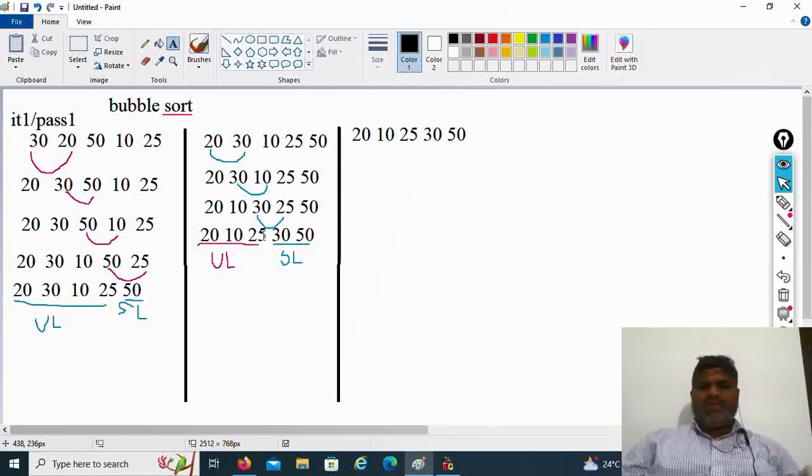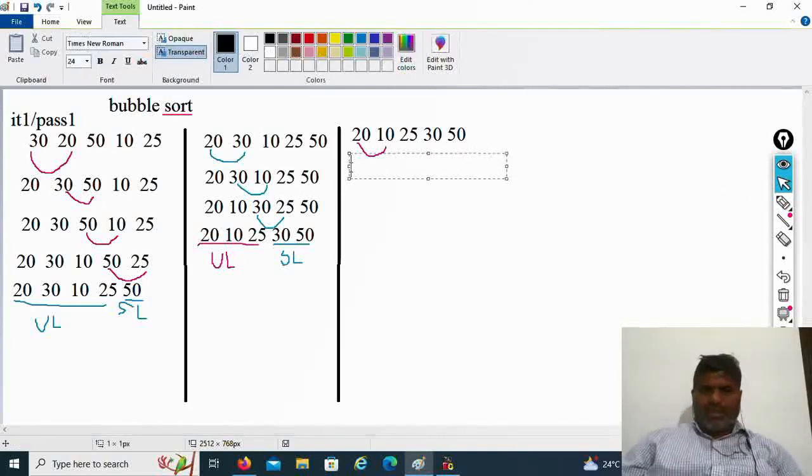But we will not consider it as sorted. By seeing we can say, but in some cases that may or may not be in sorted order, so we will not consider this 25 as sorted. After the second iteration, only the last two elements we will consider as sorted. Now in the next iteration, again compare 20 and 30. 20 greater than 30, yes. Then interchange these two elements. Now we have 10, 20,